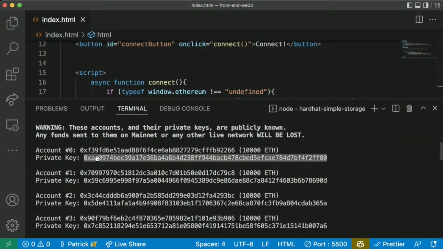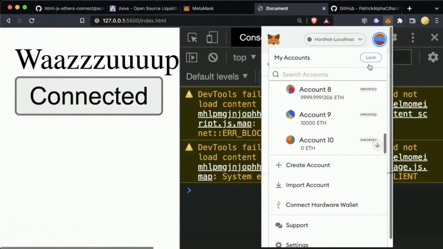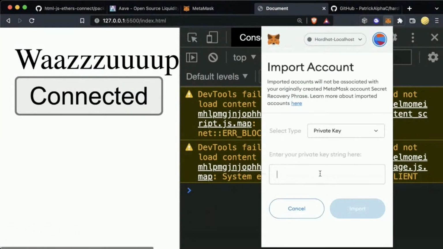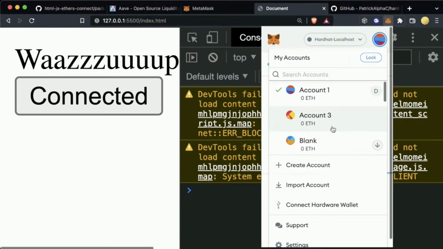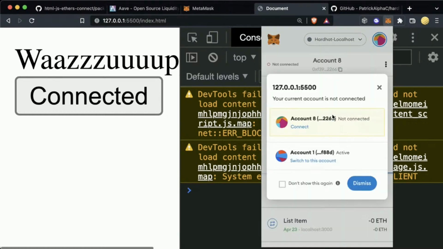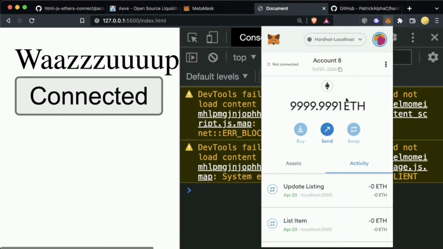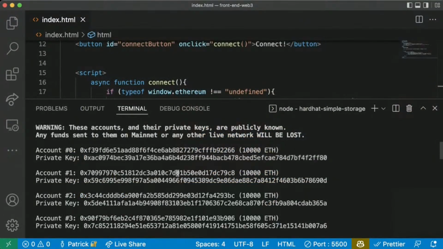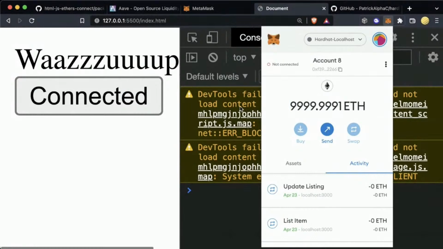We can grab one of these private keys, come back to our MetaMask, do import account, private key, paste it in here, and hit import. I've already imported it, so that's why it's saying it's a duplicate. But now we can work with these accounts that have a ton of fake ETH in them, that are associated with our fake blockchain, and we can use them to test and do stuff on the front end.